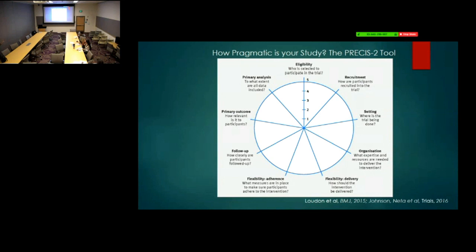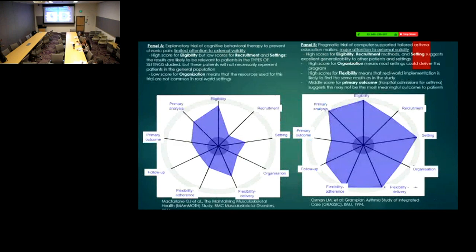So you can see how these factors around this wheel will look more over here on the left for a highly explanatory or efficacy trial, and over here on the right for more of a pragmatic or a D&I trial. Because what you're trying to study is the real-worldness. So you're going to let whoever clinically come and do this, right? Because that's who you would see if you were a clinician, right? You're not going to just say, oh, I don't want to treat you. You're going to mess up my data. No, go away. You have to treat all your patients, right? So you're going to include everyone.